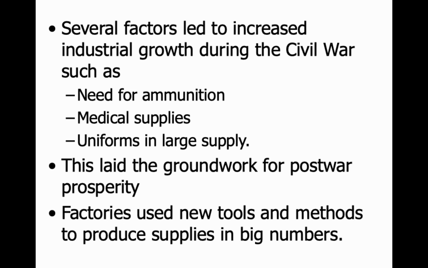A need for ammunition. So we need ammunition. The Northern Army needs ammunition, bullets, guns, etc. to fight. Medical supplies. We are now at a point in our history that we can keep people alive from their wounds and their injuries, and that means that we need medical supplies. We're not talking medication, but we're actually talking supplies like gruesome things like bone saws and bandages. And then uniforms. One of the ways that people are going to get fabulously wealthy during this time period is from supplying the Union Army.